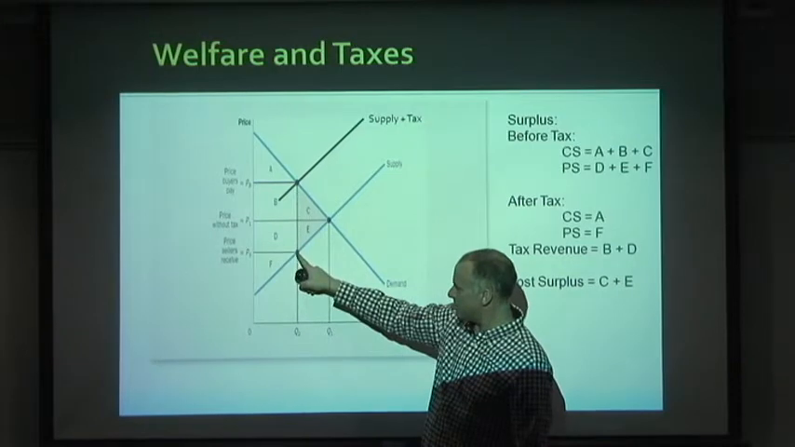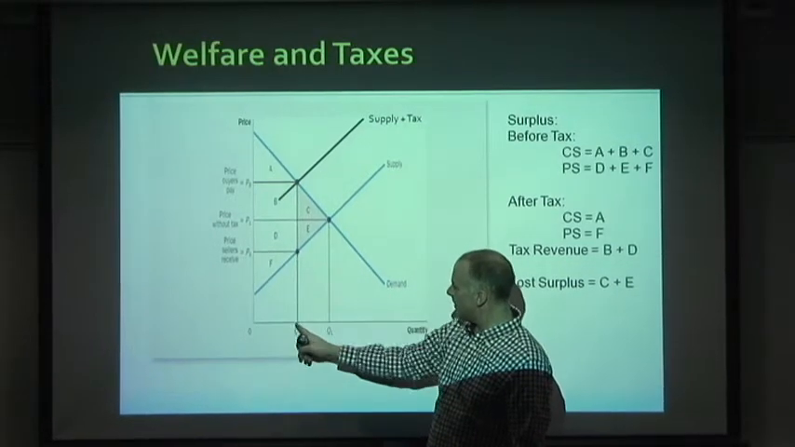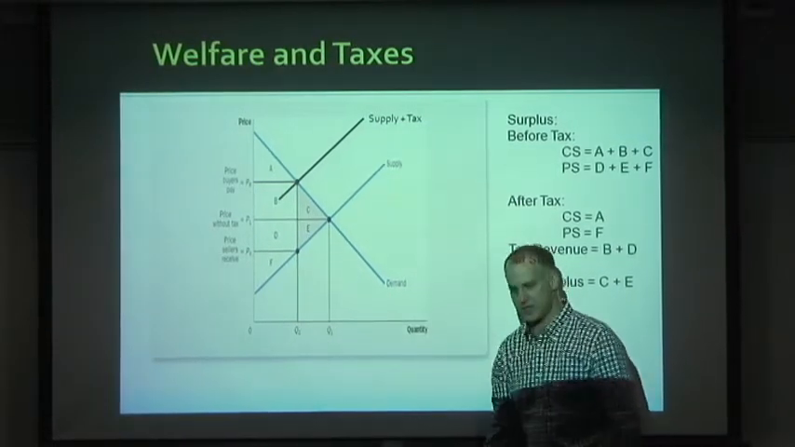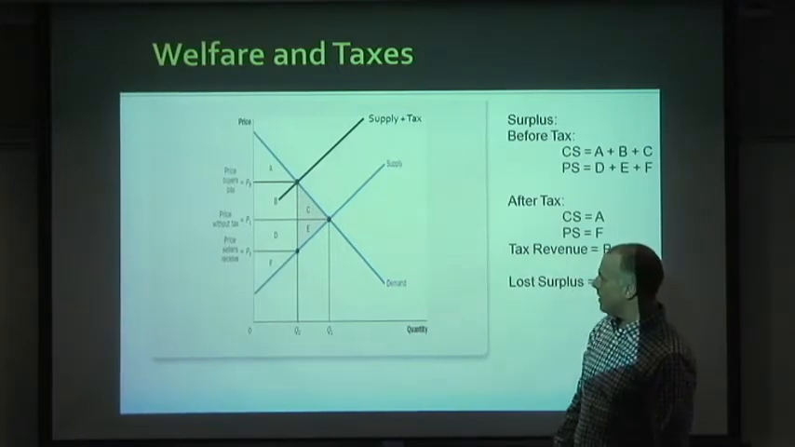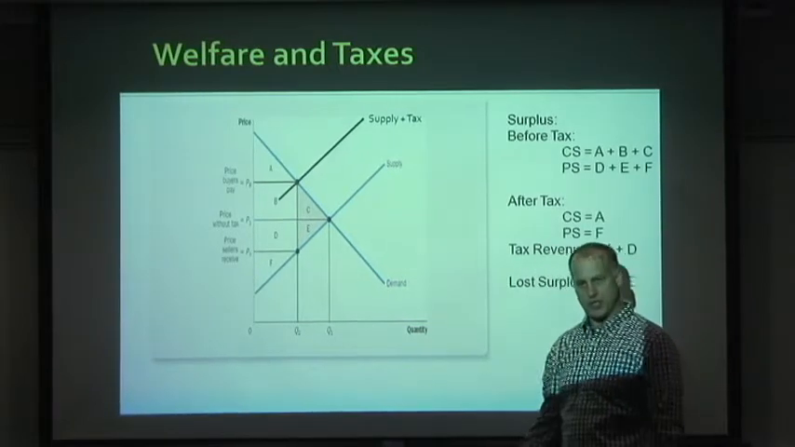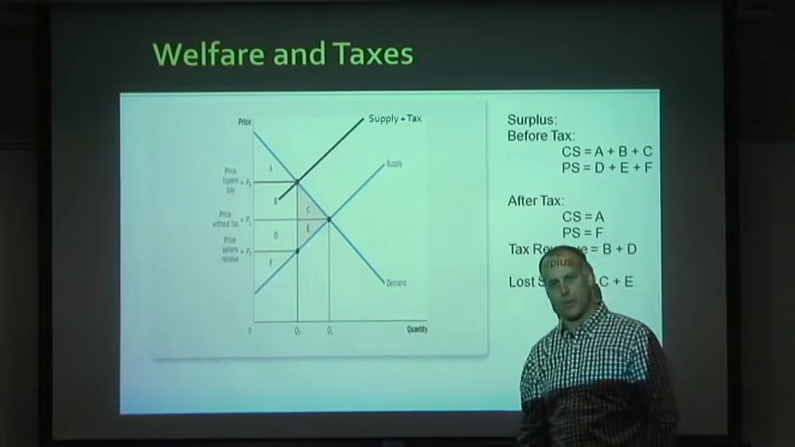Sellers only get to keep this much down here. And a new equilibrium quantity. The quantity of goods falls in this market. Right? Now, consider the change in surplus, the change in economic welfare that comes about when we impose a tax